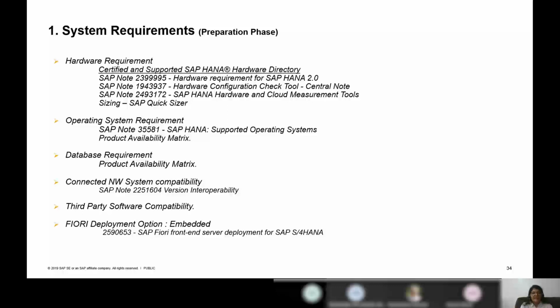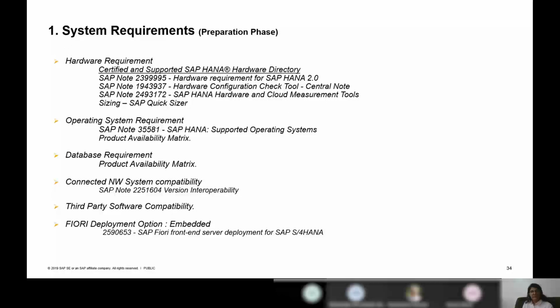Then comes the connected NetWeaver system compatibility. In case the customer is running, apart from S/4HANA, NetWeaver versions or the BW version or PI, you need to identify which compatibility you need to get into. For this, you can follow note 2251609. Based on this note, all the latest updated NetWeaver versions are compatible with 1909.